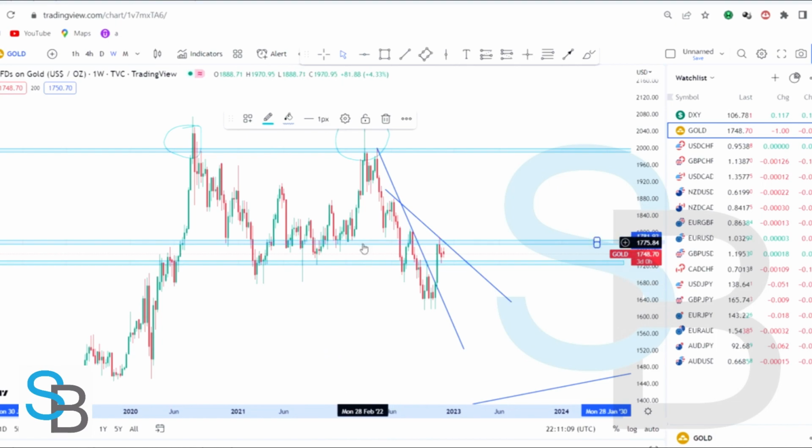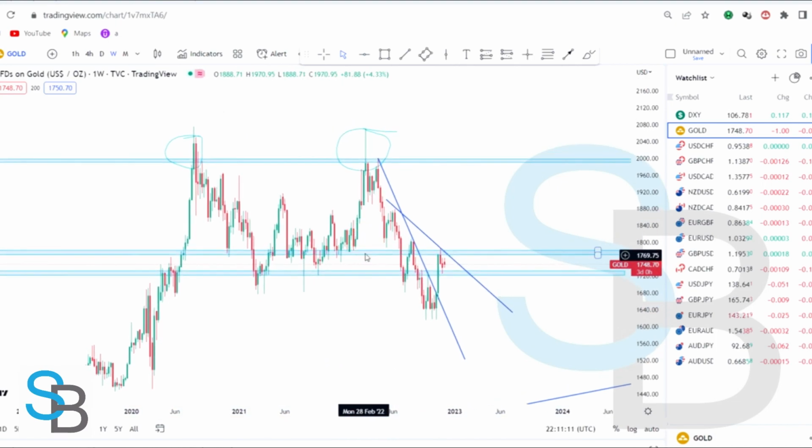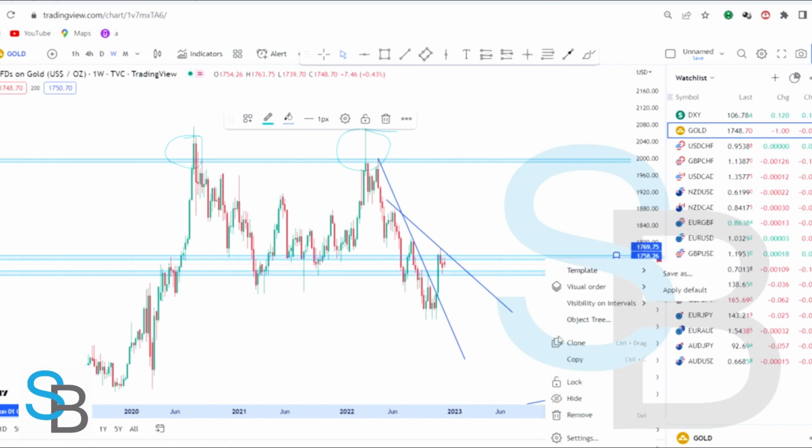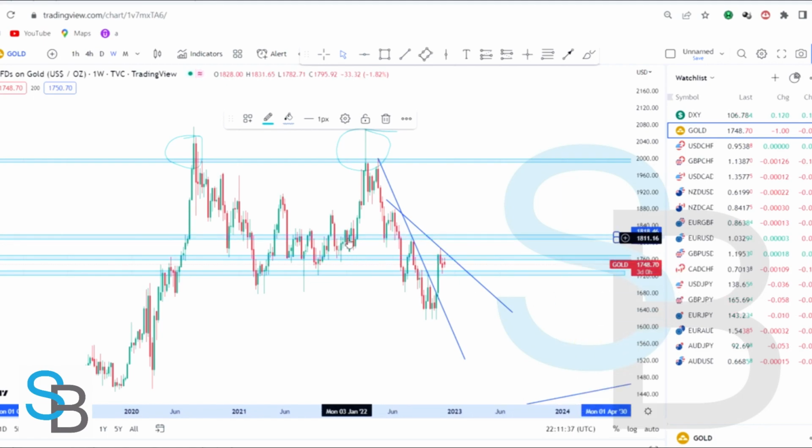If I just keep highlighting these levels, we will all agree that this is an important level also, because the market came here and stalled here and went up and broke and then retested and came and retested and went up and broke and came and just kept testing this particular level. Okay, so we can see that this is an important level,